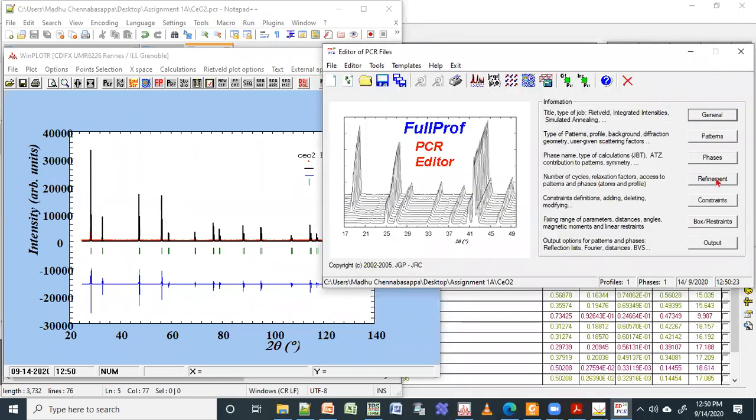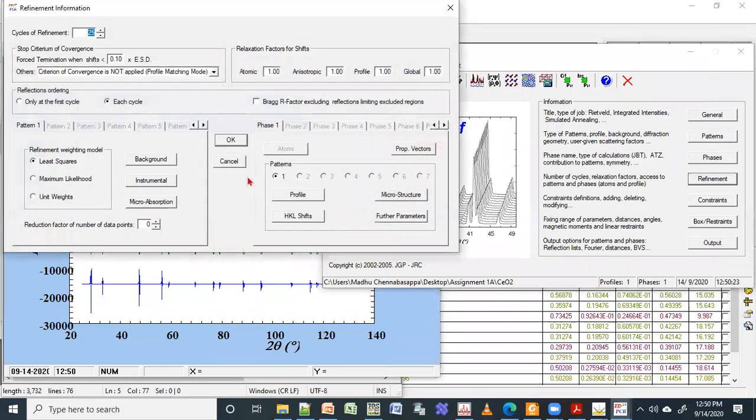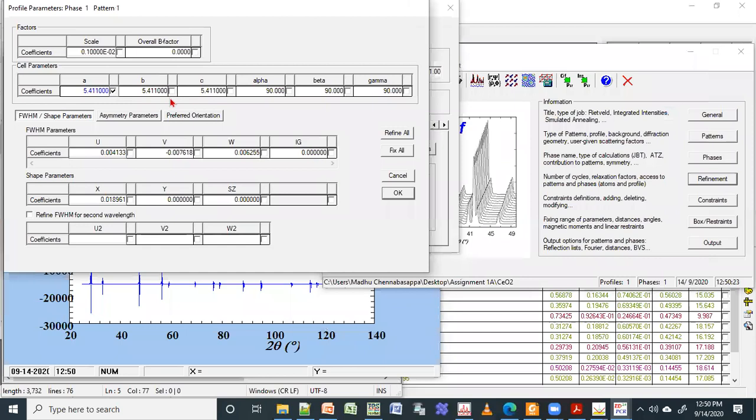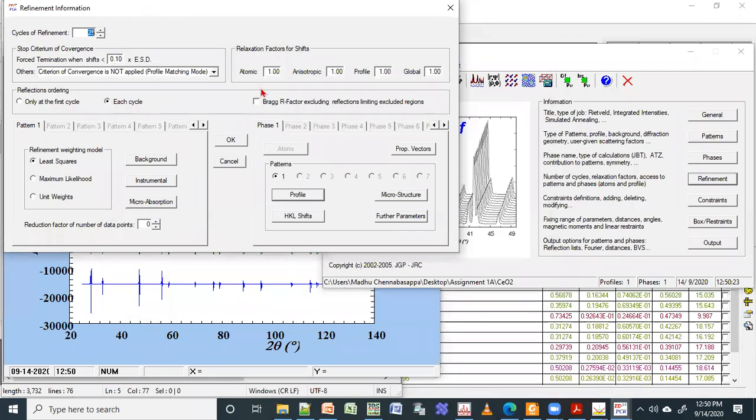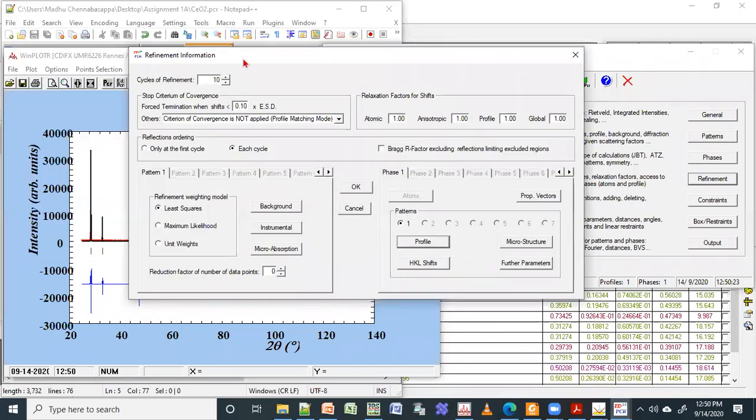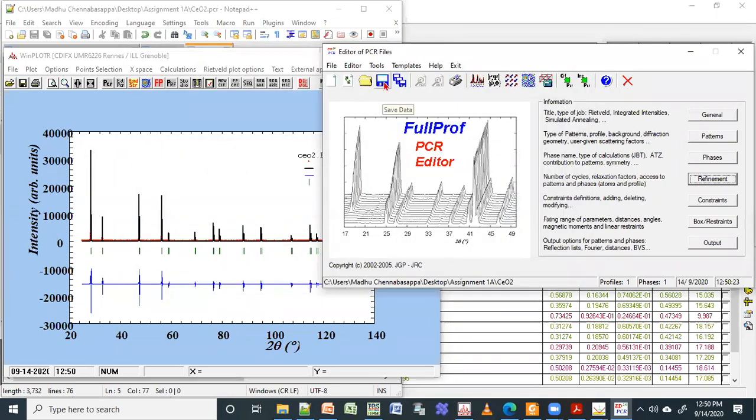Now I'll go to refinement and profile, and I will ask the program to fit ABC values. Previously I fitted only the scale factor. Now I am going to fit all the ABC values. I'll keep number of cycles to 10 because I don't want to run for a long time. I'm going to save this two, 3 times. It's not a problem. Then I am going to click here.